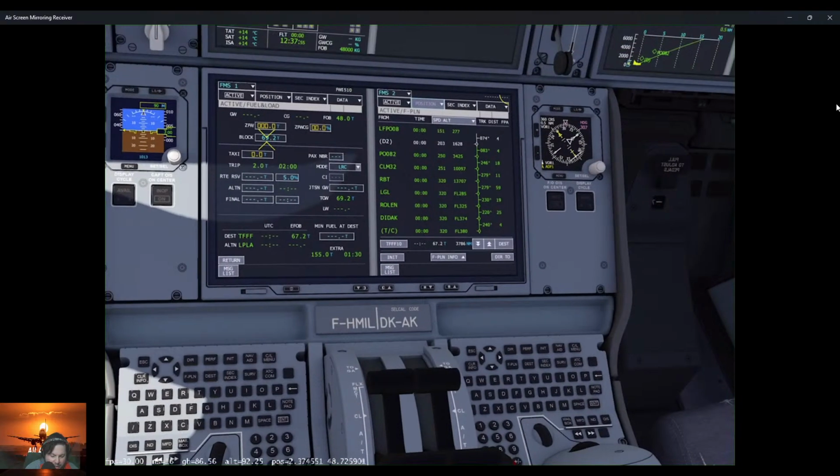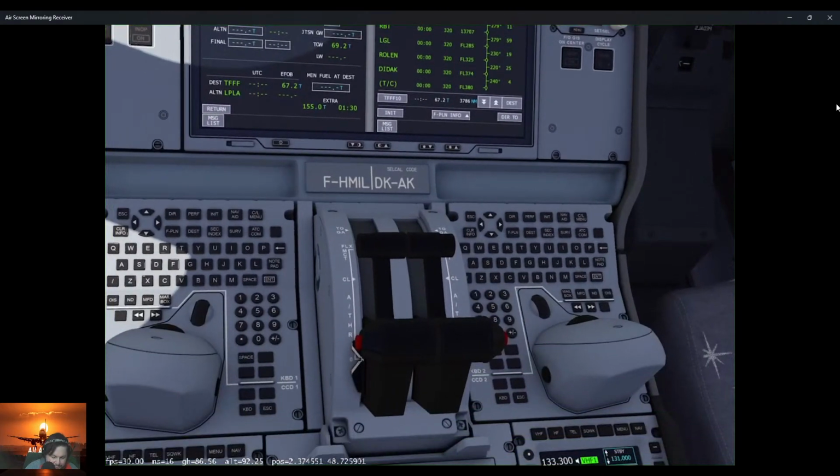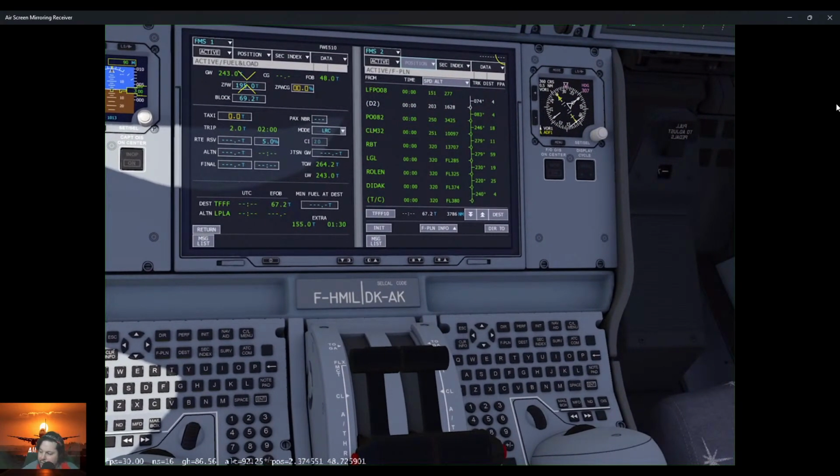You might be able just to tap on it. You used to be able just to tap on the thing and it would put it in. Yeah, it doesn't do it on this one. That's okay. All right, zero fuel weight is 195. And a zero fuel weight center of gravity is